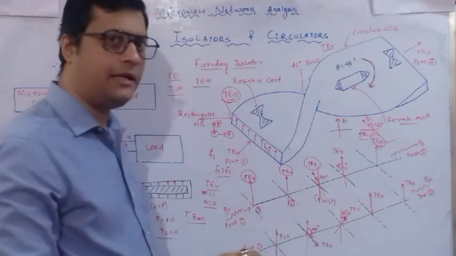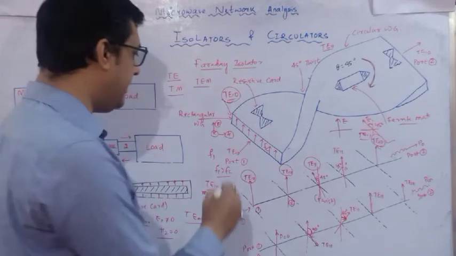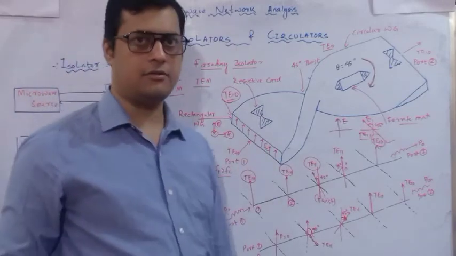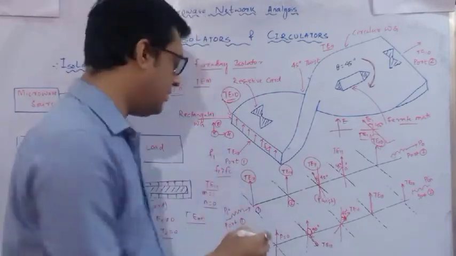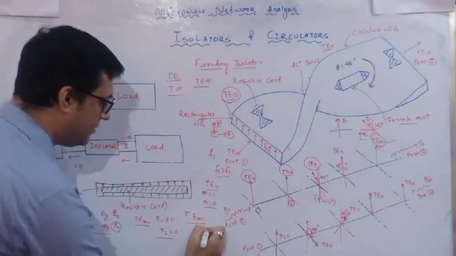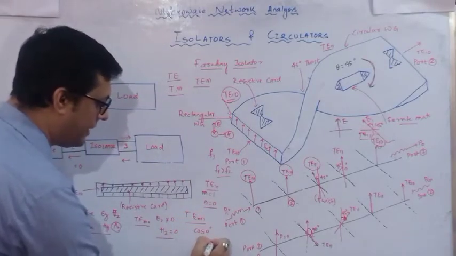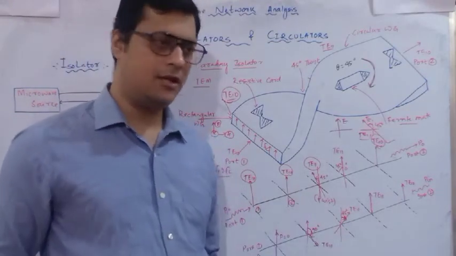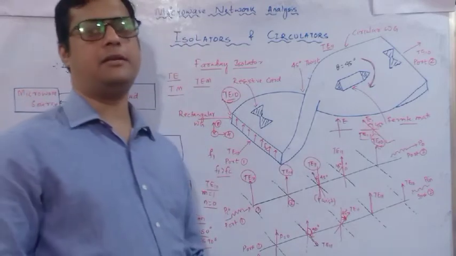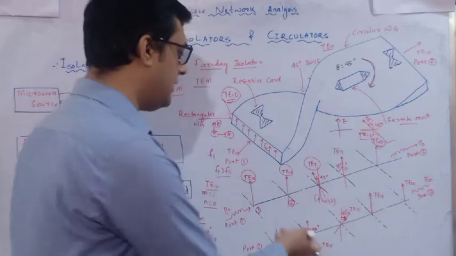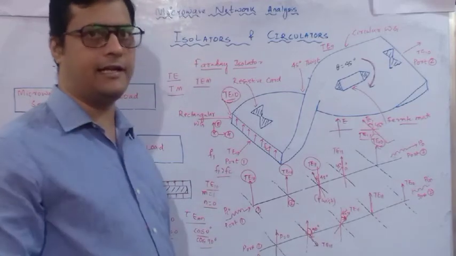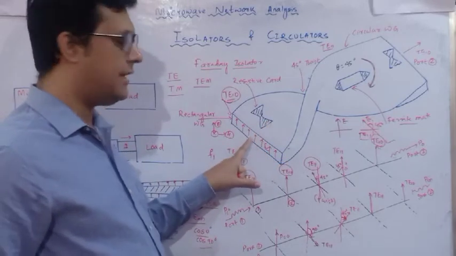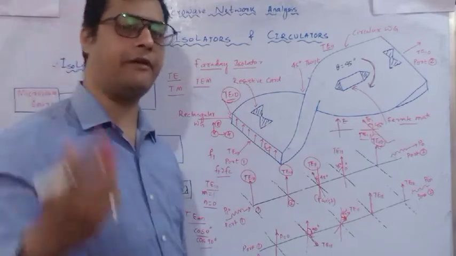Now T11, if it is out of phase by 90 degree, and this 90 degree reaches this rectangular waveguide, you can say maximum power is provided at 0 degree and minimum power is provided at 90 degree. So if I take cos 0, maximum power is available, and cos 90 means 0, so 0 power is available. So if it is tilted to 90 degree T11, then it is very difficult to identify. Here we will get T10, which is 90 degree phase shift.